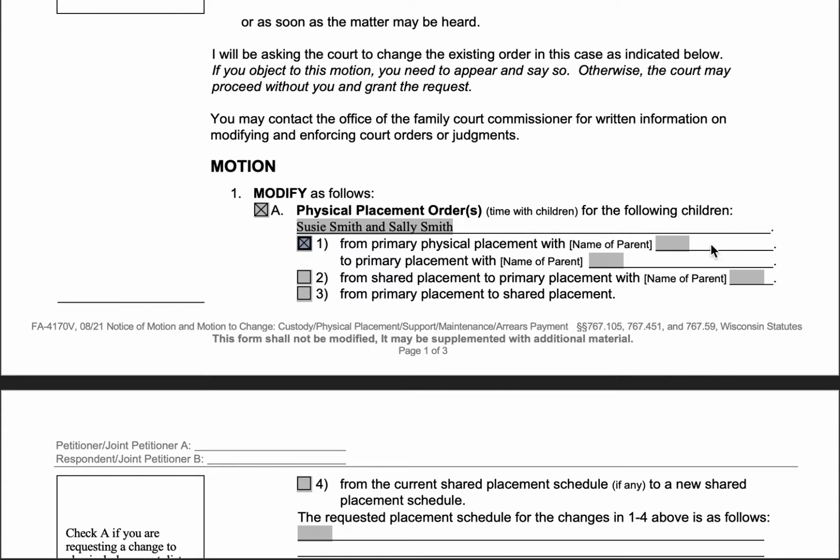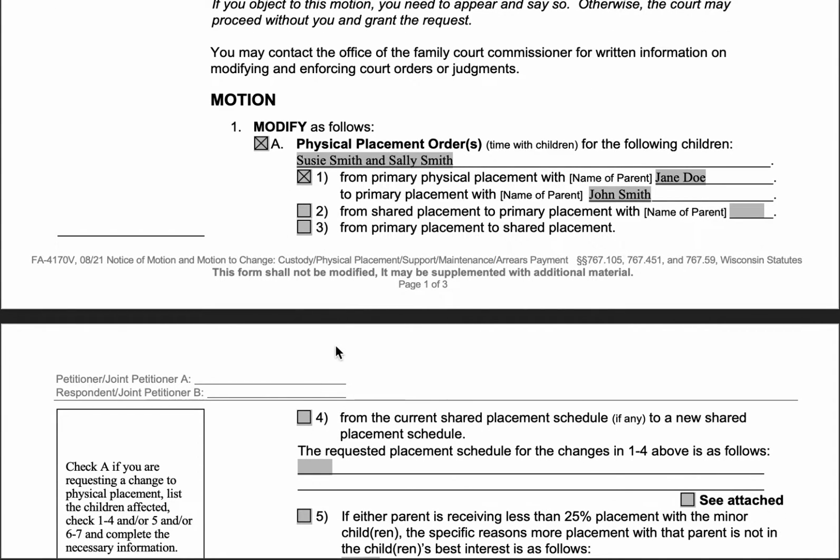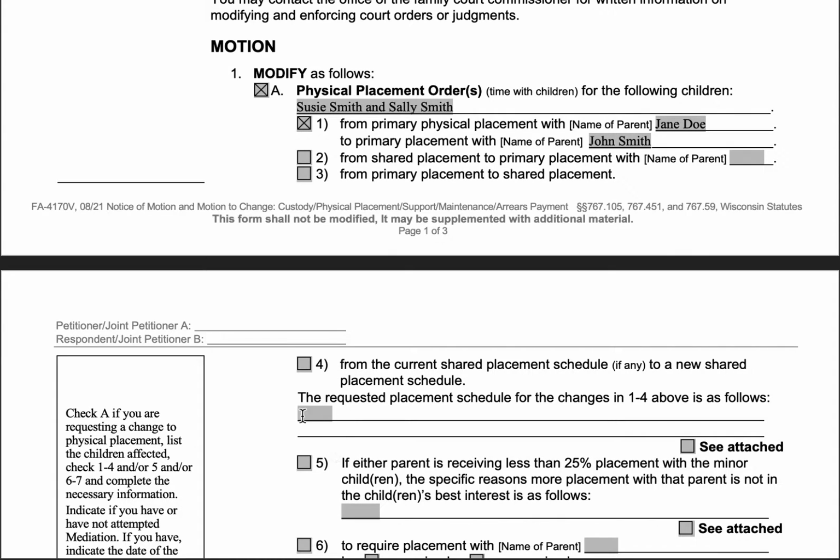So in our scenario, I think as we've been going through these, we know that the kids are currently with Jane, and John wants them to be with him. So we'll do that there. If you check any of the boxes 1 through 4, the next section that you'll do is these 2 lines here. And it wants to know, what is the placement schedule going to be? So in a situation where you've suggested going from placement with one parent to placement with the other, it wants to know, when are they going to see the other parent? So in our example here, we're saying we want them to live primarily with John. This question wants to know, when, if ever, will the children be with Jane?